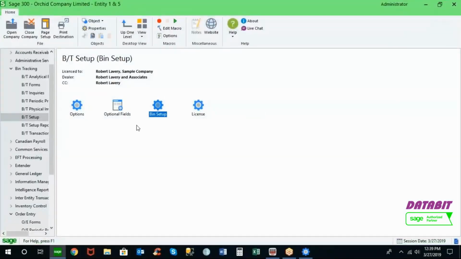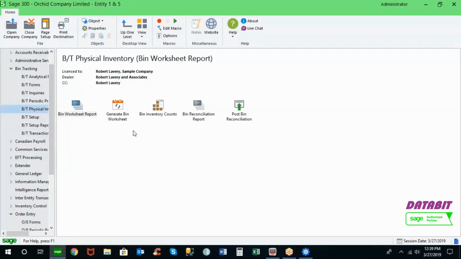When you initialize the system, you can do it a couple of different ways. Typically, we'd recommend you do a physical stock count, and we have our own physical inventory bin worksheet as opposed to the IC physical inventory worksheet. And this allows you to do a stock take and then populate all of the bins based on the quantities that you count at a bin level on the physical inventory count worksheet. And this ensures that your quantities are accurate from the get-go,